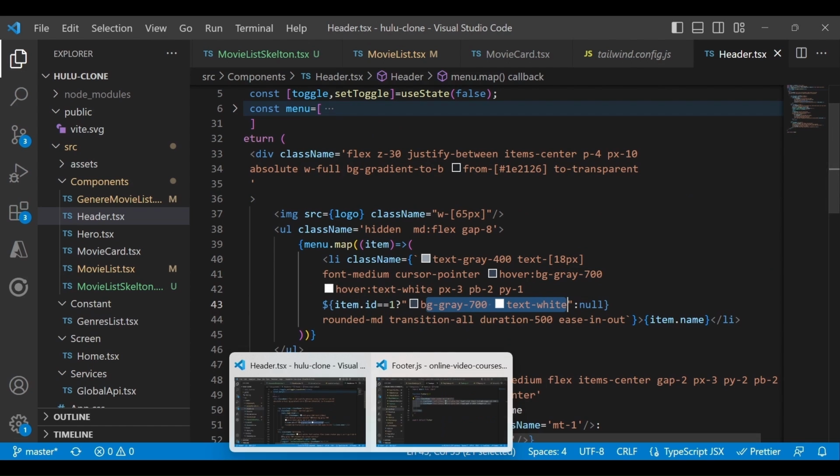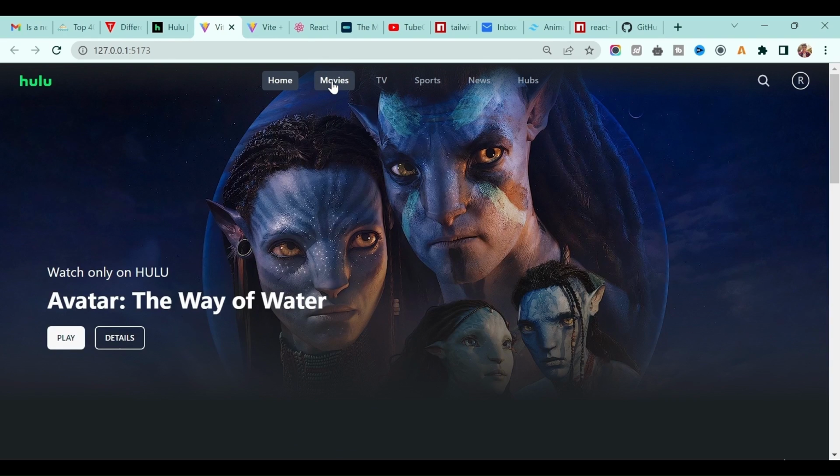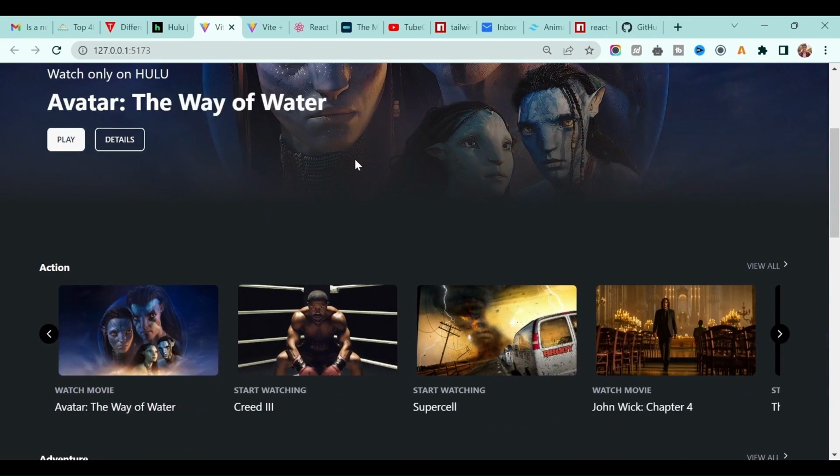Okay, now the challenge is when I click on this movie, right, or TV, I need to switch it so that another active button is displayed, right, with the background effect and everything. So that's your challenge.